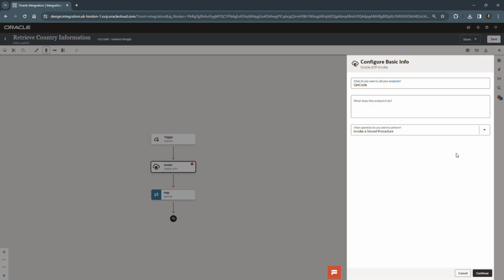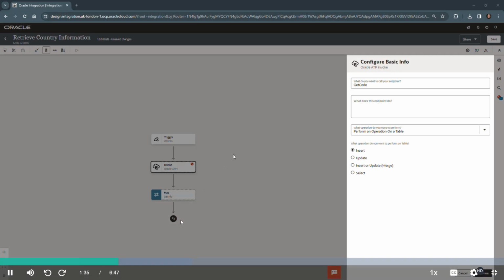And notice here on this basic information page, we have several options here. One is to invoke a stored procedure, which we don't have. The other is to go ahead and run a SQL statement. If we had a SQL statement that we knew, we could just paste it in here and use that option. But we're going to walk you through how it allows you to build logic for performing an operation on a table. And I almost forgot, it gave me some text for a description, which I'll paste in here in our lab guide. Basically, this retrieves